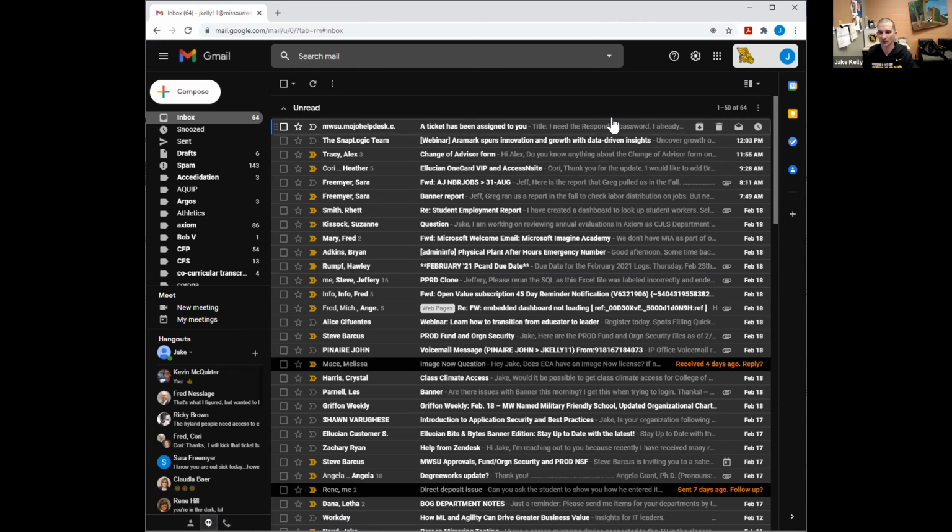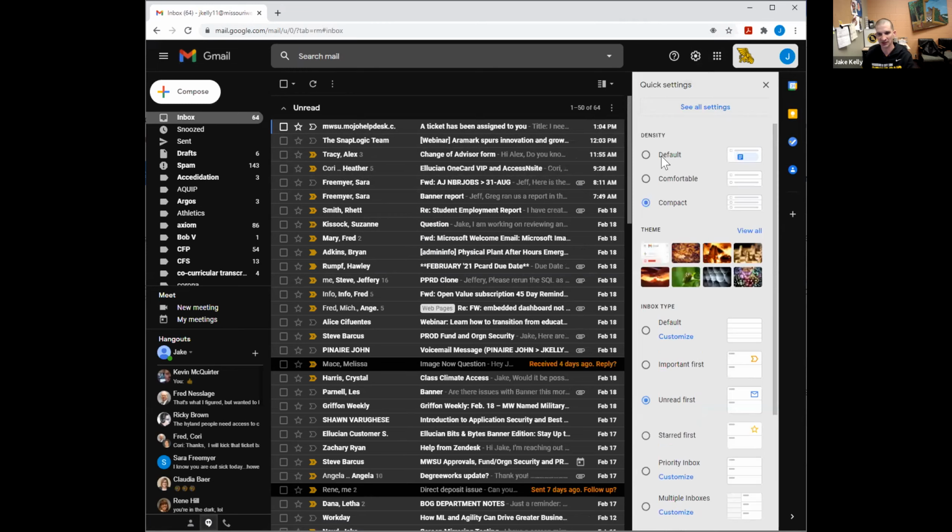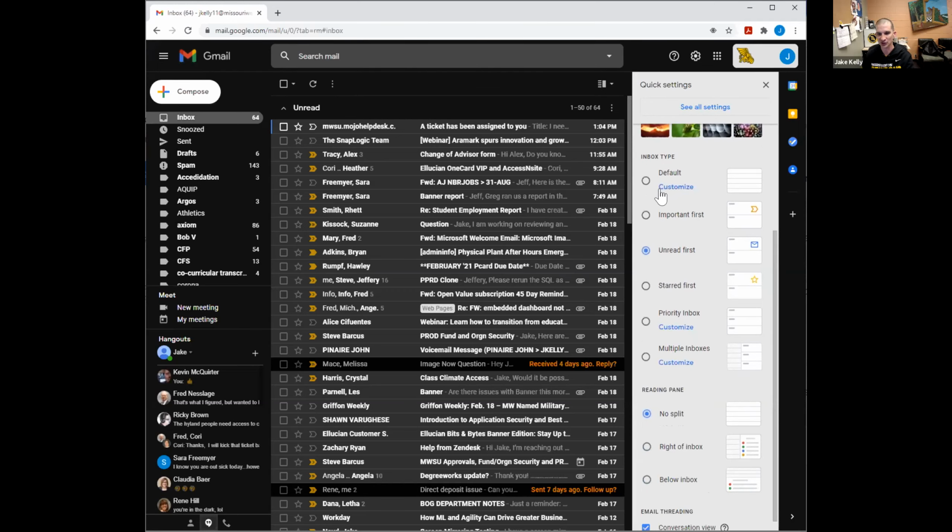So up here next to your little apps button is the settings button. If you click on that, then you can change the way your email looks. You can make it from spread out to compact, depending on how you like to look at things, change your theme,